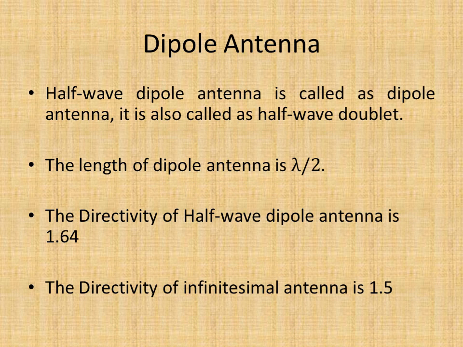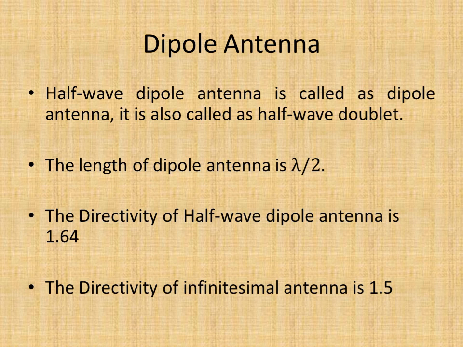Now what is a dipole antenna? The simplest form of the dipole antenna is called the half-wave dipole antenna. The half-wave dipole antenna is also called the half-wave doublet. As the name itself tells, the length of the half-wave dipole antenna is lambda by 2, where lambda is the